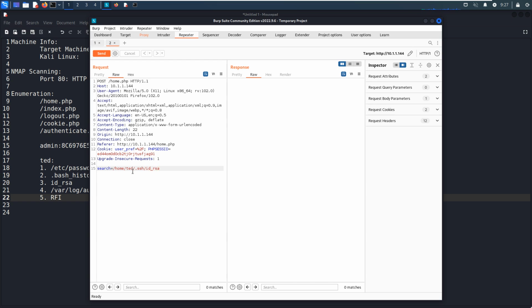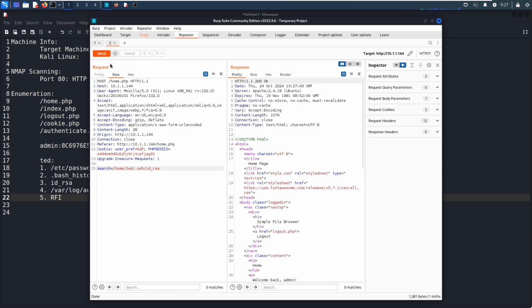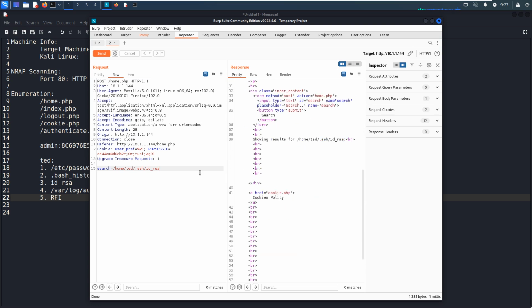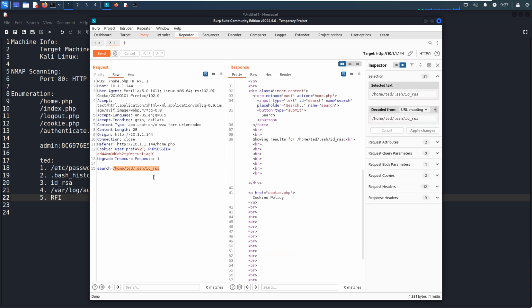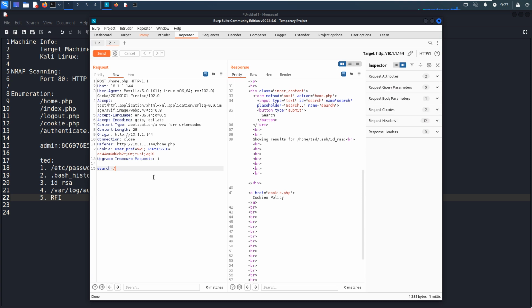Of course, even if the private key is there, this doesn't work because the SSH service is not running. Okay, now we can send, nothing returned. Okay, next we can try to access the bash.